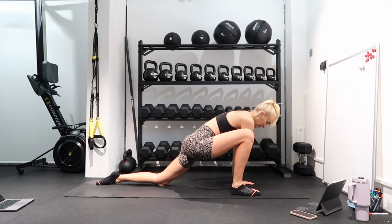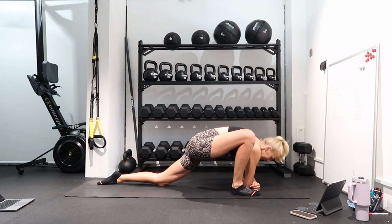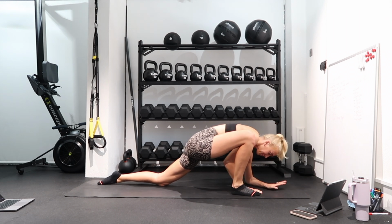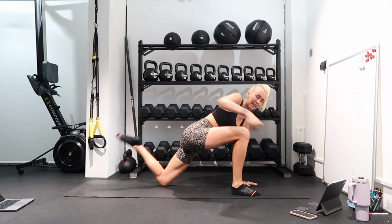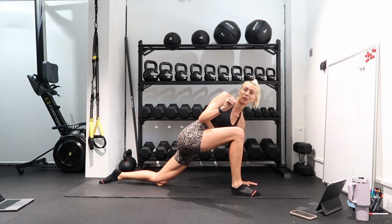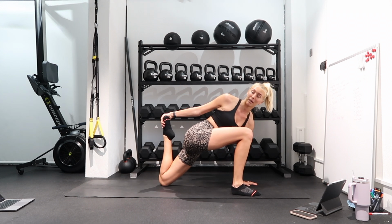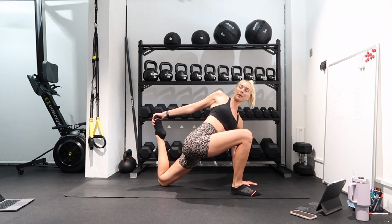Now, in this position, there's a few options of where you can be. This is the beginner position. If you want, you can take down one elbow, or you can take down two elbows and hold it there. There's also the option to stay on your hands and grab your back foot. So pick your level, and we're going to hold this for a minimum of 1 minute. In 3, 2, 1. I'm going to hold my back leg because I feel like it just feels so satisfying,